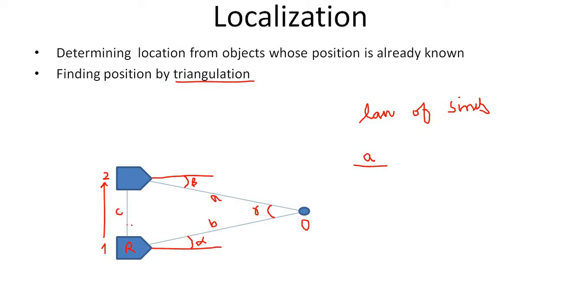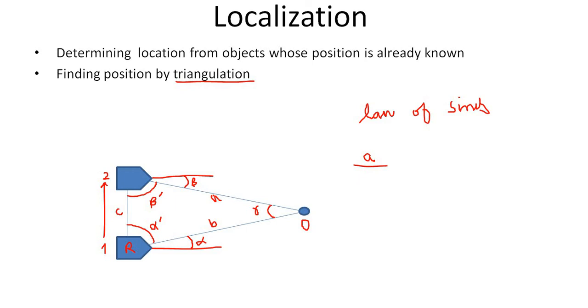This internal angle is alpha prime, and this internal angle is beta prime, which, of course, will be 90 minus alpha. Alpha prime will be. So now apply the law of sines, and it says that